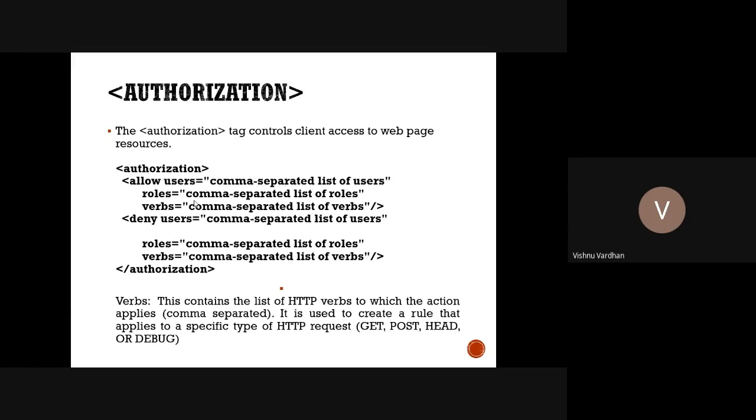And similarly, just like we allow, we can deny also. Deny users, some comma separated, suppose you want to blacklist a user. So simply what you can do is open this web.config file. In authorization, in deny users, write their name. Even though if he is having the valid login, he will be simply rejected with the authorization. He will not be sent into the dashboard, or he will not be given with any privileges, and he will be simply logged out of the website, because as part of the authorization you have simply denied that user.